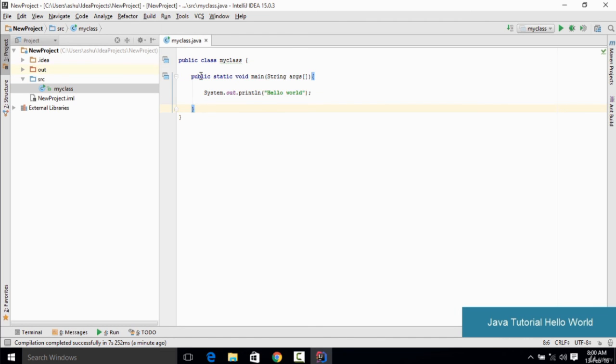So whenever we are creating the main method, we type public static void main, and in the arguments we pass String args. Then in order to print something on the output screen, we have typed this line of code right here. Basically this means that on the system for output, we are going to use the method which is called the println method, the print line method, which is used to print something on the output screen. And finally within these parentheses we specify the words in double quotes which we actually want